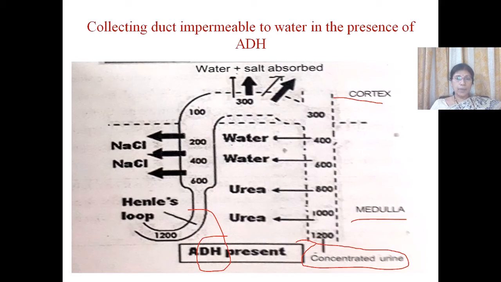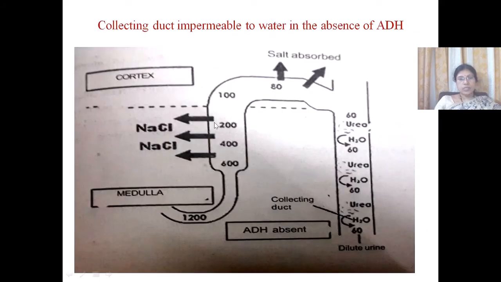This hormone primarily acts on distal convoluted tubules and collecting tubules and increases their permeability. As a result, water reabsorption occurs from the filtrate. Thus, the urine volume is reduced and the increase in blood osmolarity is controlled. When blood osmotic pressure is less, the pituitary will not release the antidiuretic hormone.